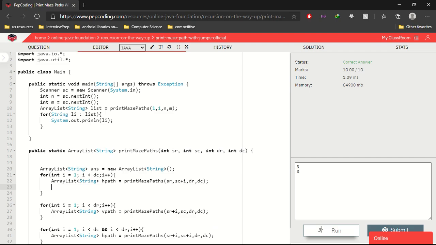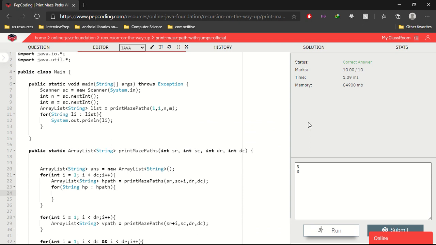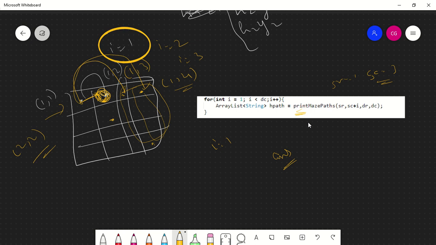So we will loop through all the solutions from this h paths, and we will add this answer to all the paths. How? When i is equal to 1, the point came over here. From here we have calculated all the solutions.